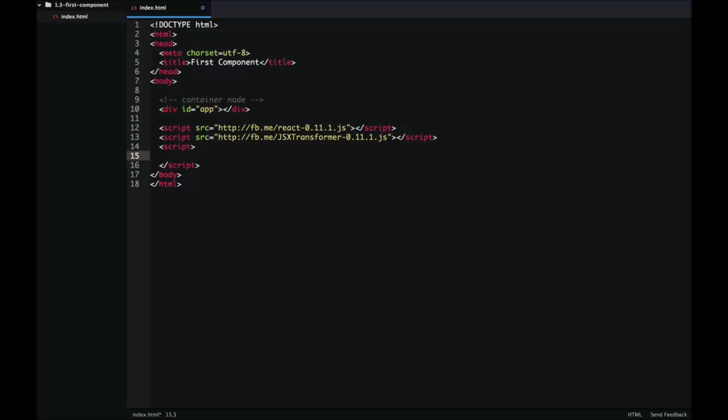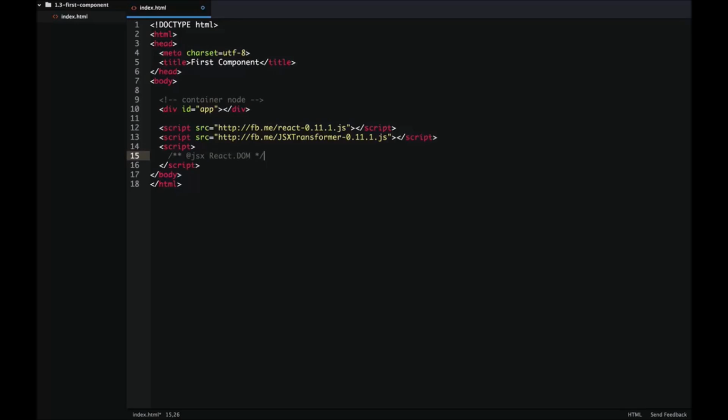We're going to have to provide something to let the JSX Transformer know that we're writing JSX here. We do this by including the pragma. The pragma is really just a comment, and this is what links JSX and React together. And it's just a comment, but it's kind of picky. You'll notice that it starts out with 2 asterisks. If we change it to just 1 asterisk in the beginning, this will throw an error. And this error is pretty nondescript and it's kind of frustrating to deal with. So whenever you're writing JSX, really take a look and make sure that your pragma is right before you start